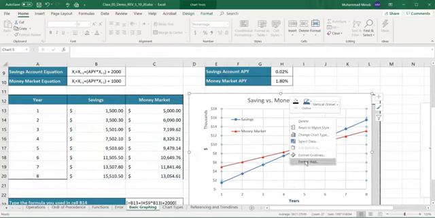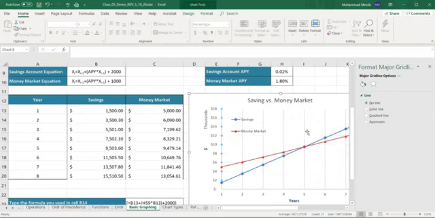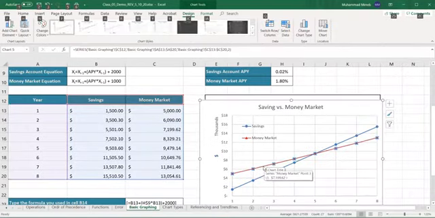Okay, let's see if we can format the grid line. So I could just say automatic, or I could just say no lines. So you can see that the grid lines will disappear. One more thing I want you to learn about